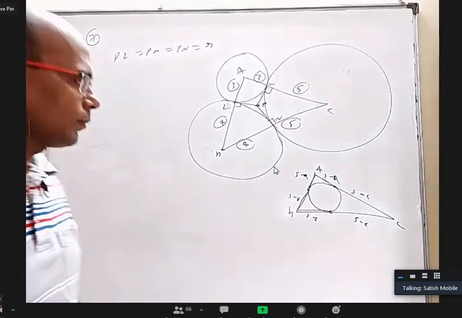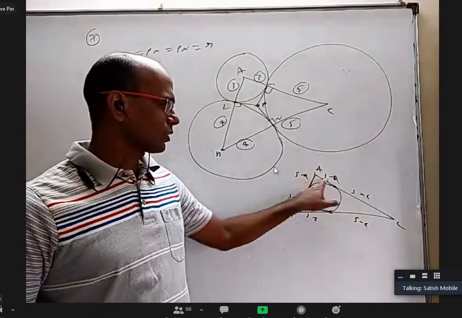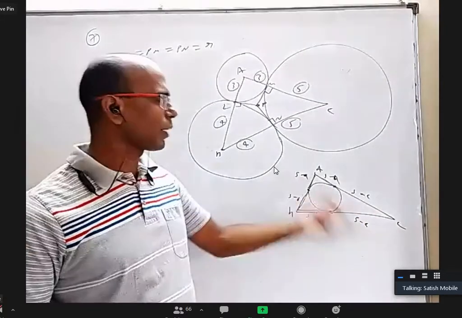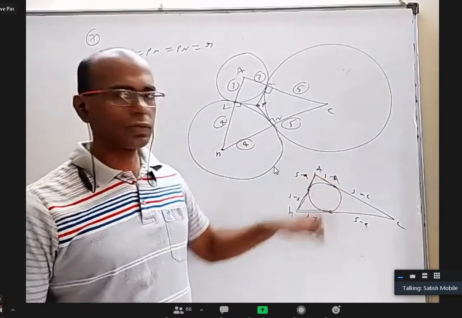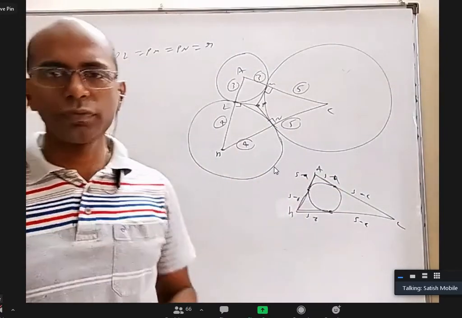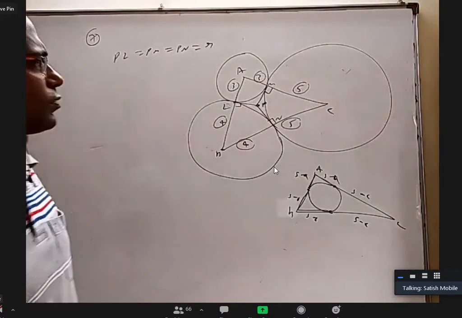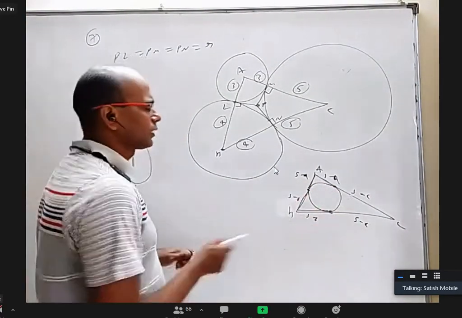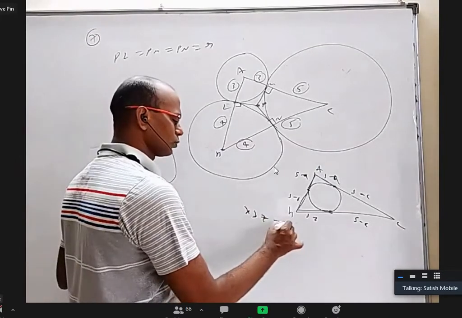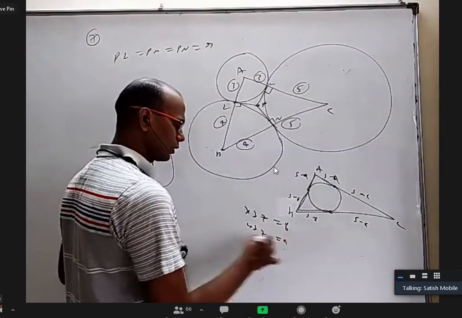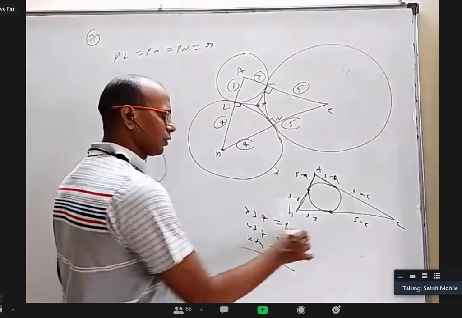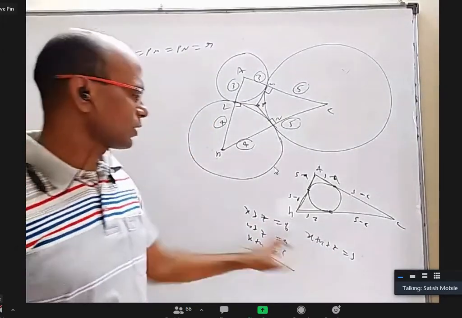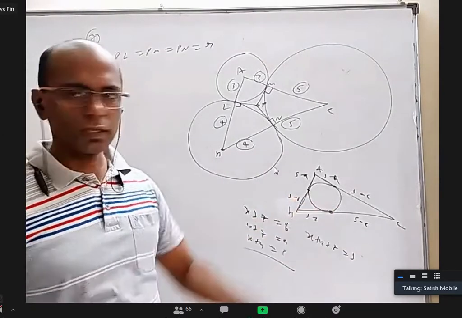Why? If you want this length or this length, take this length, subtract this length, so that this and this get cancelled by 2. So these two lengths are B plus C minus A by 2, which is S minus A. What we actually did earlier was take these two as X and X, Y and Y, Z and Z. Then you get X plus Z equal to B, Y plus Z equal to A, and X plus Y equal to C. When you add them, we get X plus Y plus Z equal to S. Correspondingly, if you subtract this from this, you'll get S minus B here and so on. Okay.